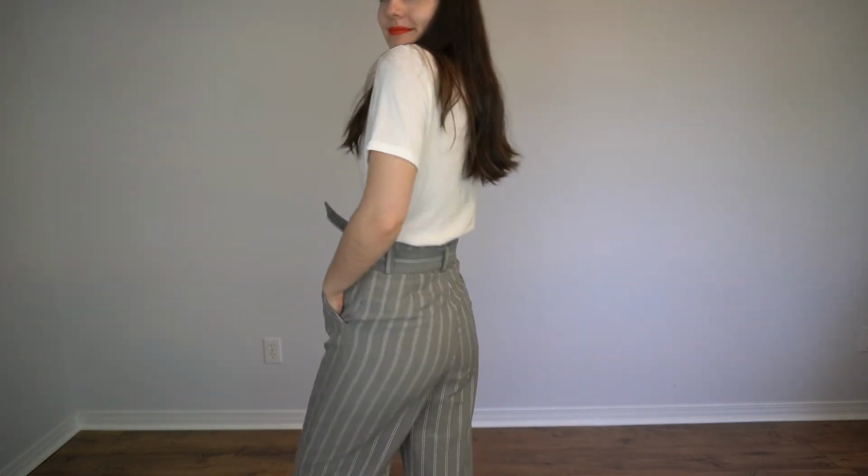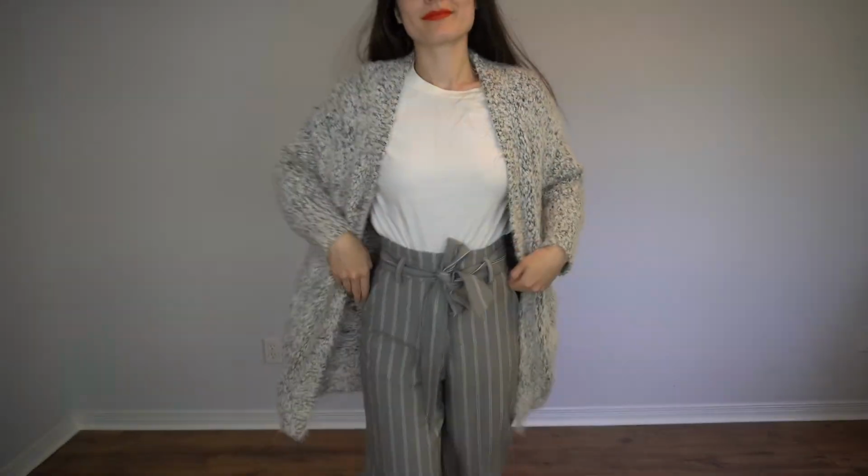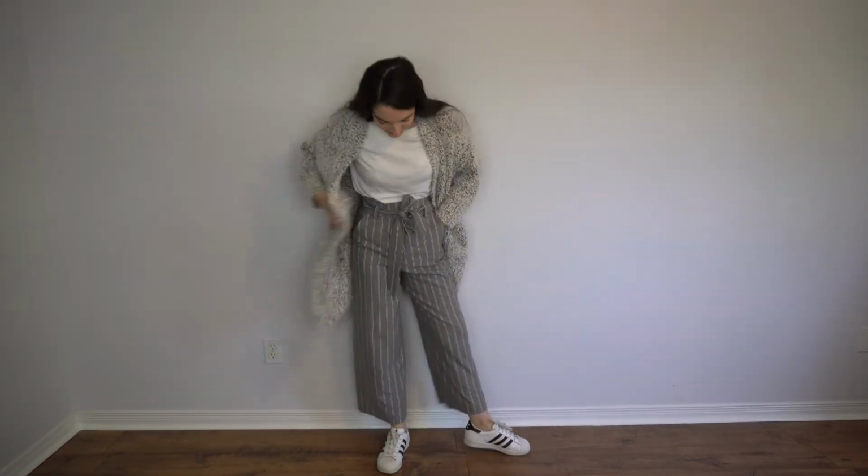I've also paired it with a pair of sneakers before, but I use wedges in the summer. So this is a really convertible outfit for me, and I basically just had a few different styles of dress pants and a ton of t-shirts that I could just cycle through, and it became a bit of a work uniform, which makes it really easy to get ready in the morning because you can just switch up the combos